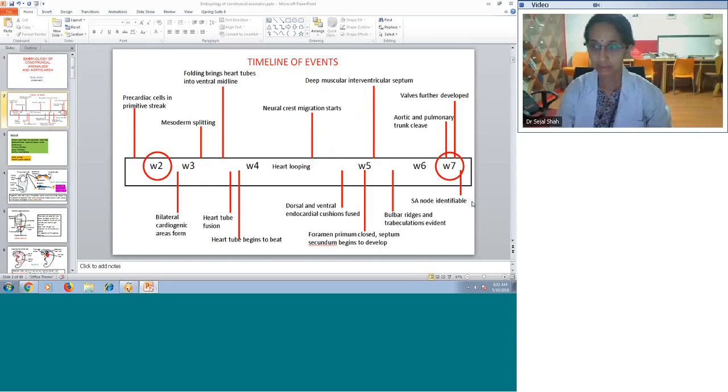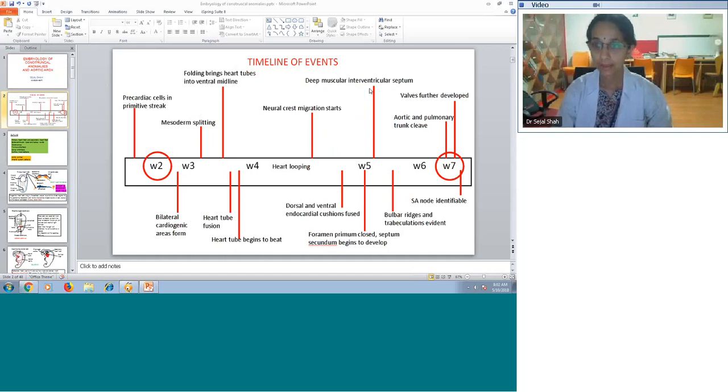So this is the timeline of events during the development of the heart. As we know, week 2 it starts and week 7 the heart is formed. Initially it starts with the cardiogenic areas being formed, and then the heart tubes, and then the beating starts, and then we have the looping, and then we have the endocardial cushions, and then the interatrial septum, the interventricular